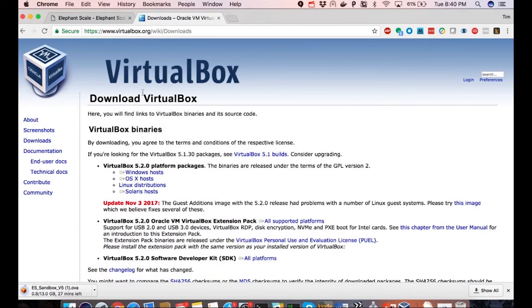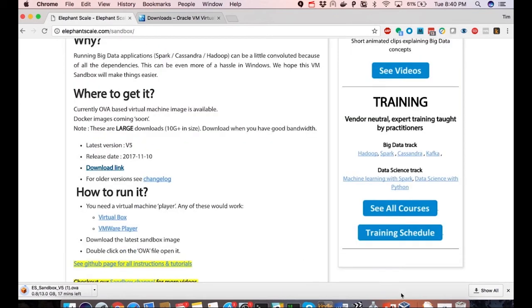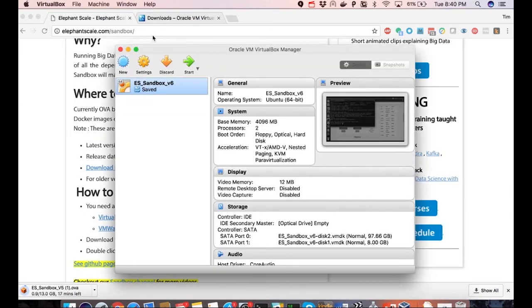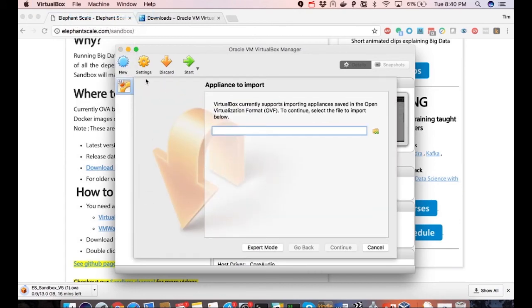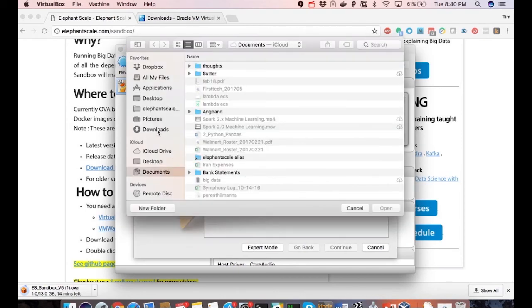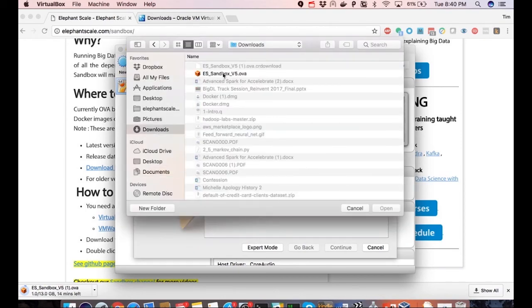Okay, so once you have VirtualBox installed, you can go and start it up, and you can do an import appliance here. Go and find the location of the download. So here we have it here.